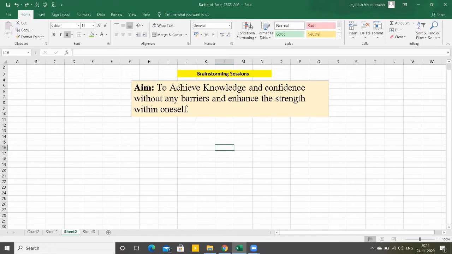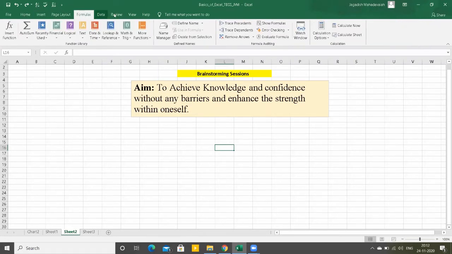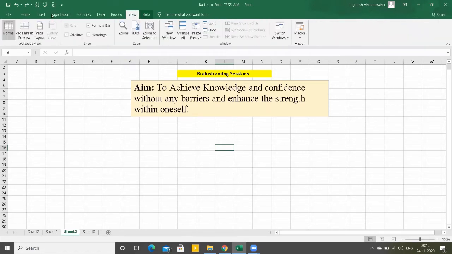Basically, when you open the Excel sheet, you find it like this one. Please point the pointer. Try to observe it. This is the ribbon bar. It is actually called the ribbon bar. Like in your study table, there will be various racks or shelves, right? Where you store the book, where you store the laptop. In the same way, Excel has provided this ribbon bar. There is a Home button, Insert, Page Layout, Formulas, Data, Review, View, Help, etc.